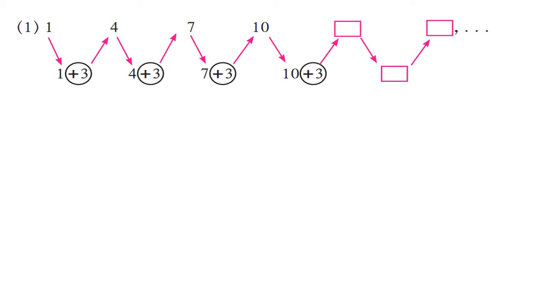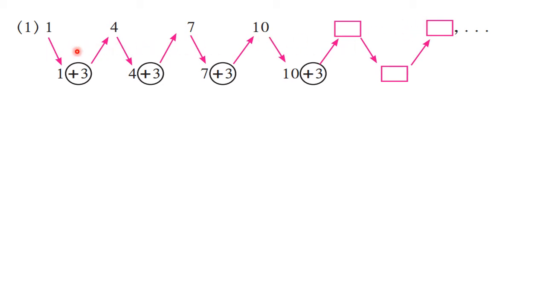Now again we are going to study some sequences, and from that we are going to understand the meaning of the special type of sequence, that is arithmetic progression. The name of our chapter is arithmetic progression. So arithmetic progression is one special type of sequence. Now let us try to understand the meaning of arithmetic progression by these various examples. Okay, so here also we have a sequence 1, 4, 7, 10 and so on.